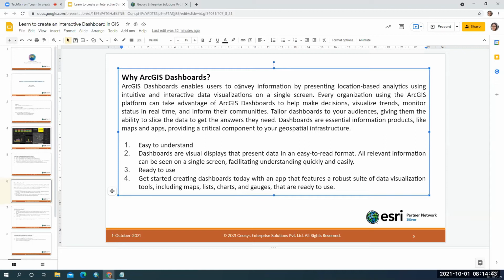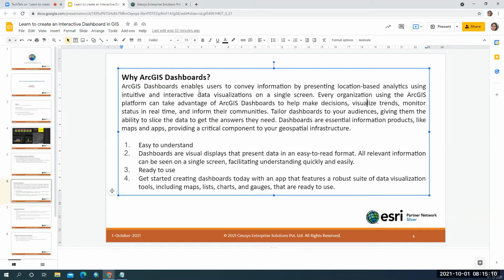And how do we create the dashboards? First thing is you need to have authentic data, and that should have proper spatial information. And then you need to have the required attributes within that information, based on which you save the map as a web map. And once it is shared, it can be shared as an operations dashboard in ArcGIS. That is where your dashboards come into the picture.